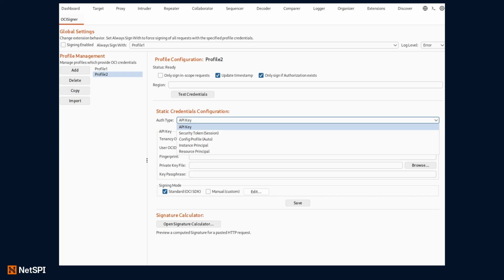When you're setting up the OCI CLI, it stores your credentials and metadata in a config file. If you're from AWS, this is very similar to the .aws credentials file. If you're from GCP, I forget where that's stored exactly, but usually on your local file system, .gcloud or whatever it is, there are files with your local access tokens and metadata about you. So the tool lets you just point to that config profile and auto load in all your config profiles if you don't want to put in the data manually.